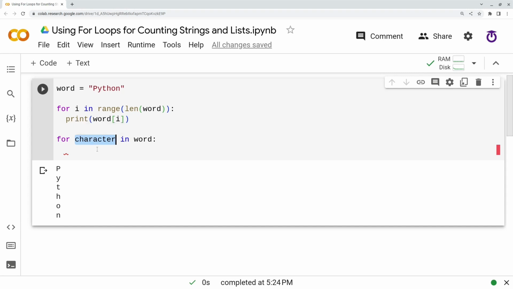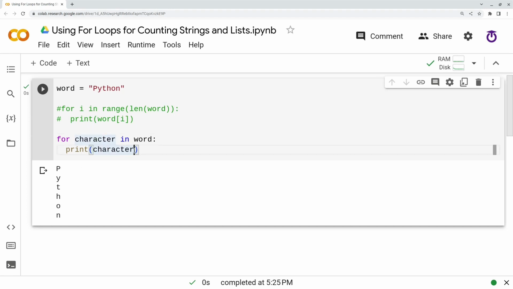Character is a variable, but it's going to become each character in the variable word. So if I do print character, we should get the same result. If I comment out the first one, for character in word, it's going to print Python.